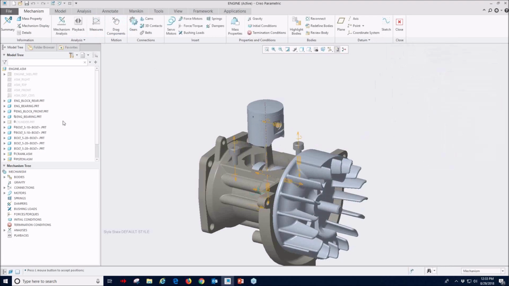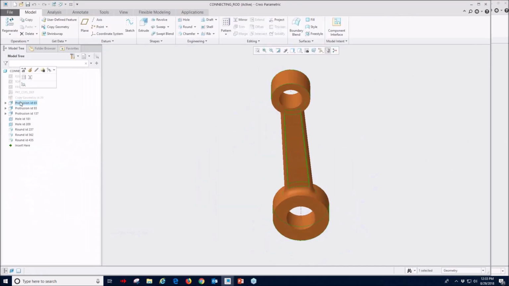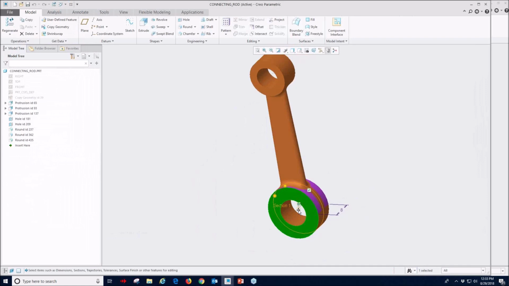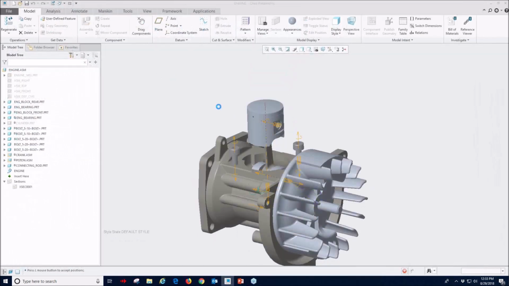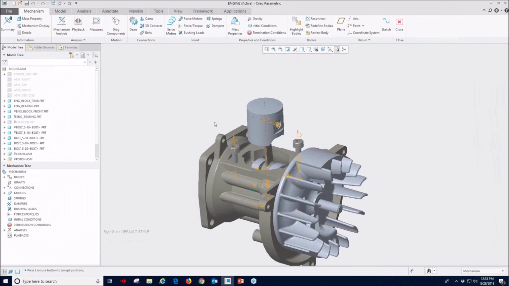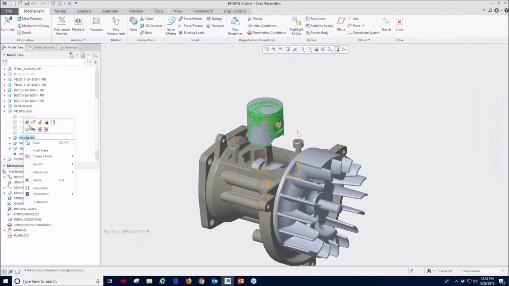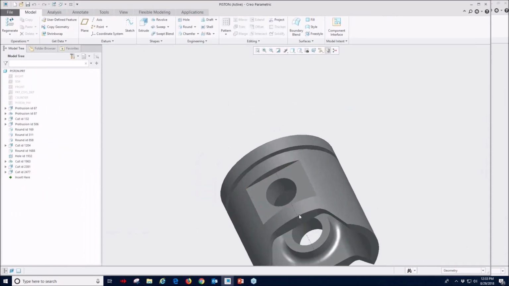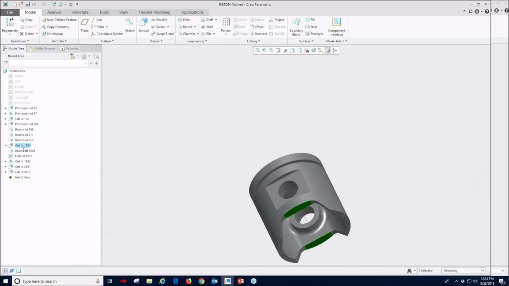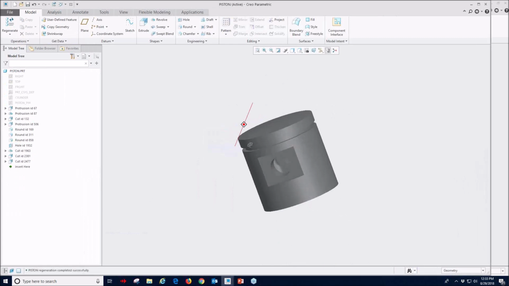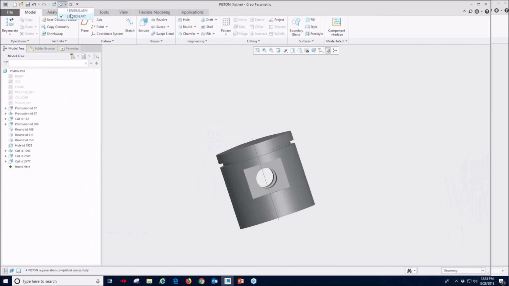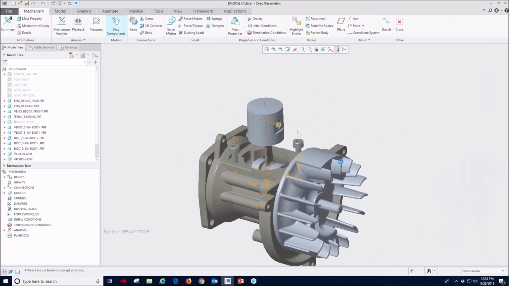Let me go make a change real quick. Trying to think of what I can change to make this interfere. Oh, I know. Let me go to my piston. Get rid of that cutout down there. And now if I come back over to my engine,